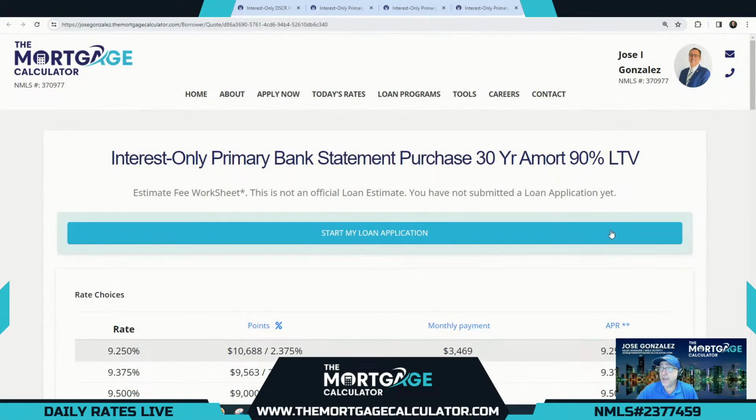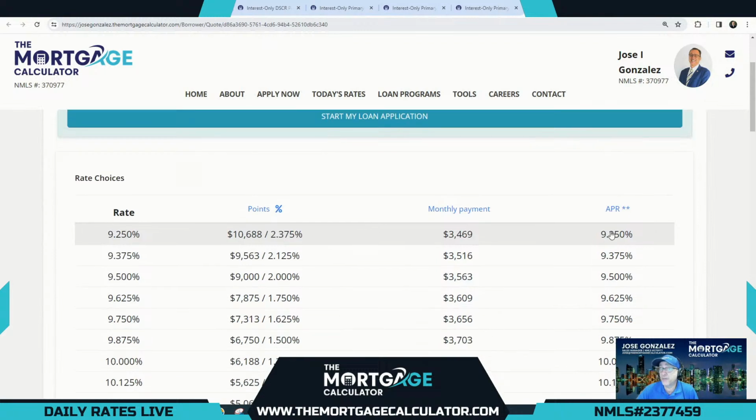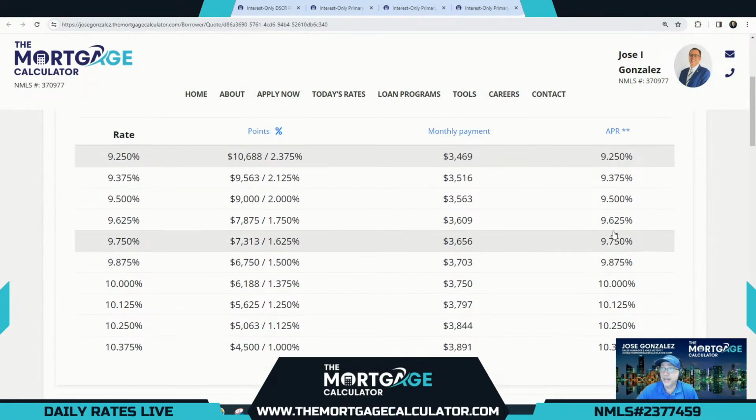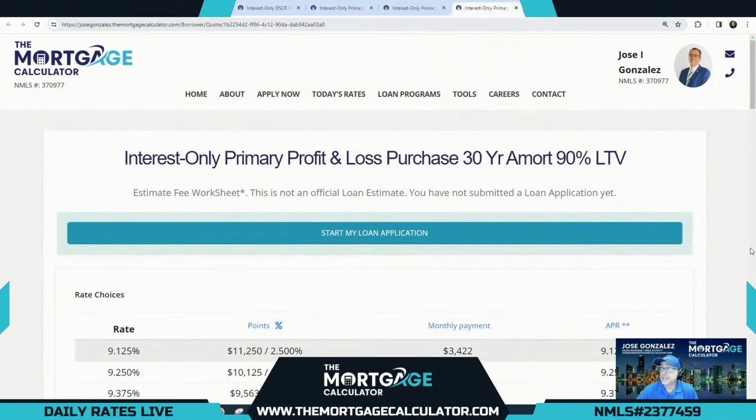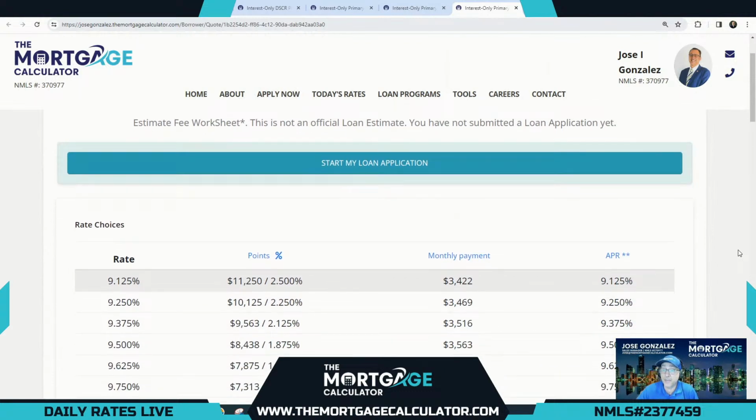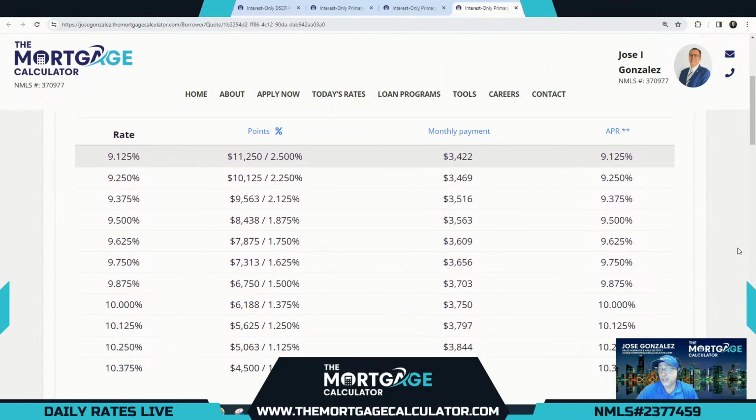Our next option is our bank statement option for our self-employed borrowers. Again, we're looking at 10.375 here, being our lowest cost option, a little bit more expensive than our full doc option, and you can buy that down to 9.25%. And another option here is our profit and loss option. Again, bank statement and profit and loss options are for self-employed borrowers only. So here, lowest cost option is 10.375%, and our lowest rate option is 9.125%.